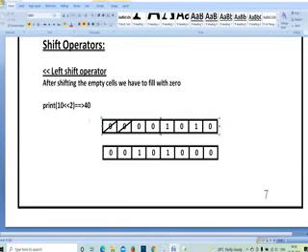Why will the first two values be 0? Because I have shifted the first two values. Left shift from the left side, I have shifted those two values. So the two values have moved forward. You can see that after moving the two values, I got a result called 0 0 1 0 1 0.